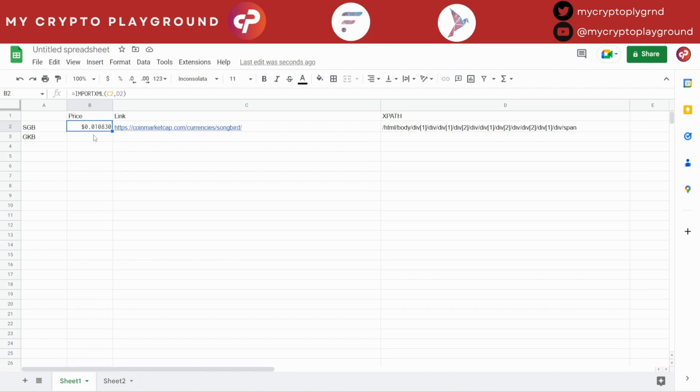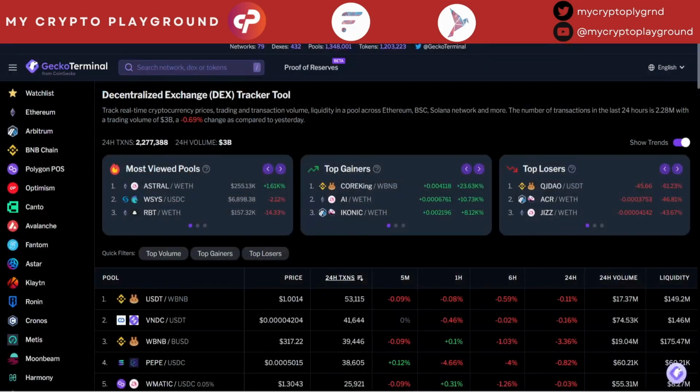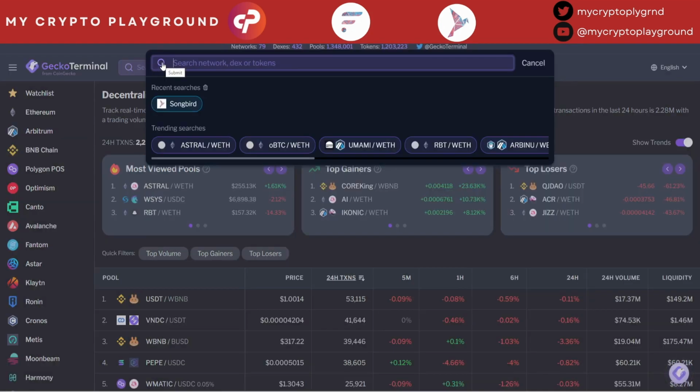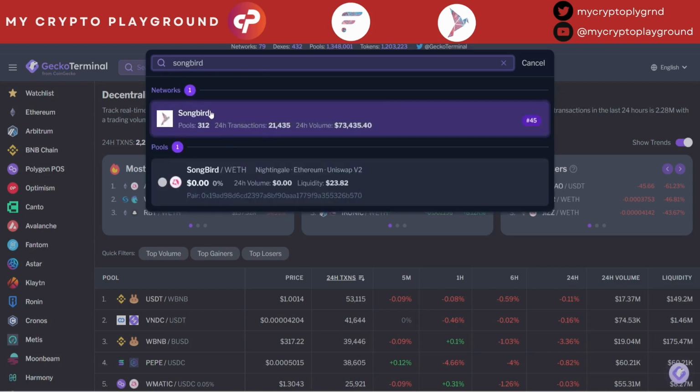Now here's the fun part of this one, and this is where you get all the token prices, and you can get them all off of Gecko Terminal. And if you guys aren't familiar, Gecko Terminal is a DEX tracker, and it added Songbird only about a month or two ago. So go to geckoterminal.com, and on the search bar, type in Songbird to look for the network, and then